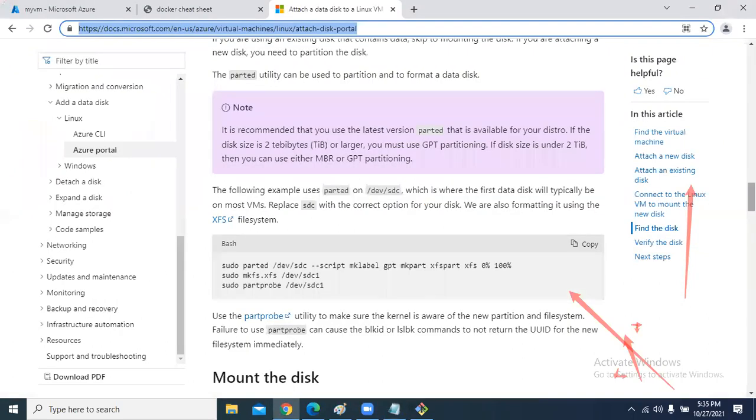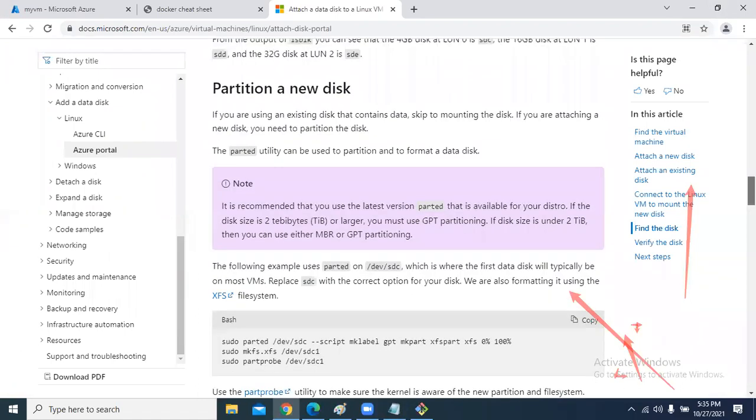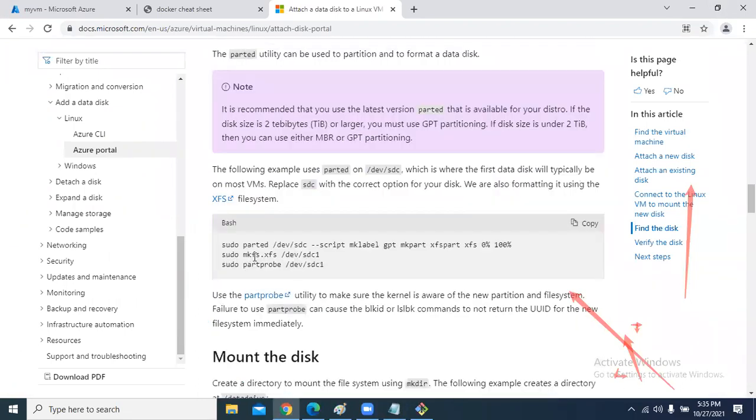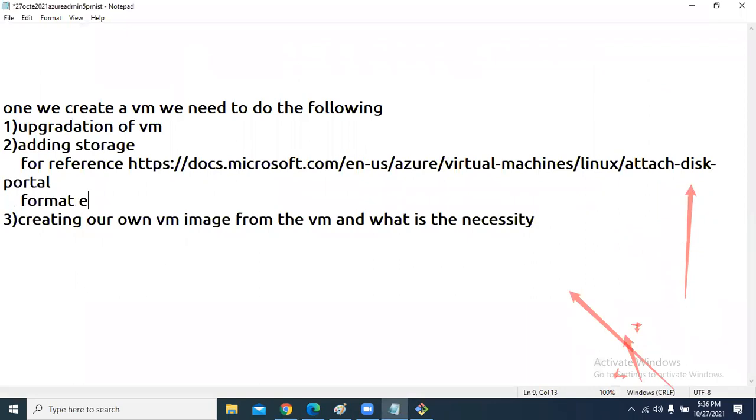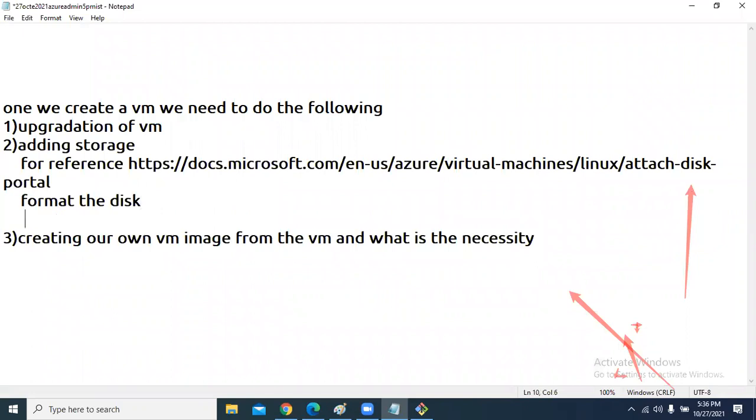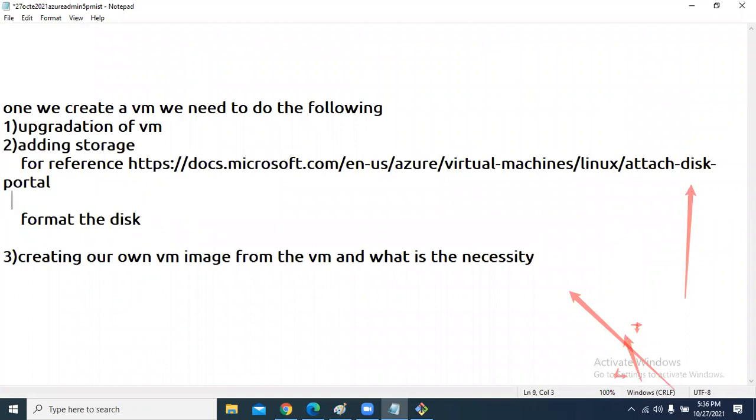So if you look at this, we have to use a command called sudo mkfs.xfs. This is the command we have to run to format the disk. Let us see this command. Format disk. How did I add this disk? The first step is go to disks section and add a new disk.